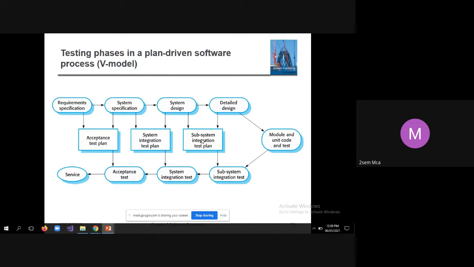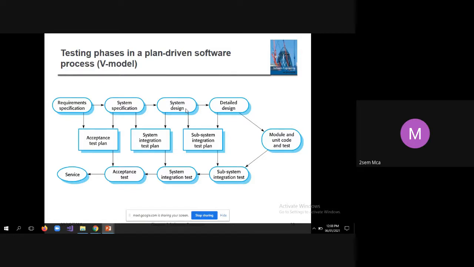Similarly, in system design, as I told, there are two phases. One is abstract design and another one is detailed design. An example of abstract design is architecture design and level 0 DFD or level 1 DFD.